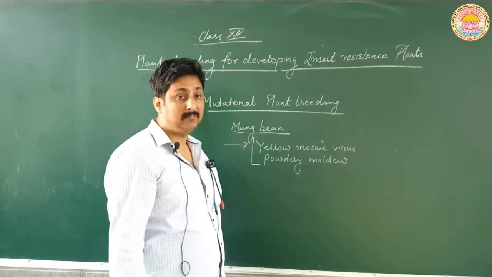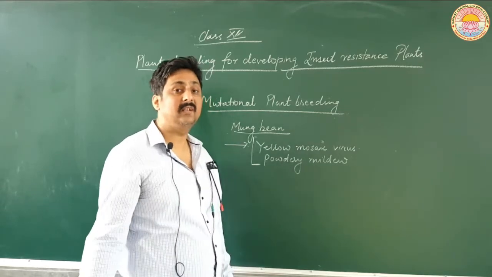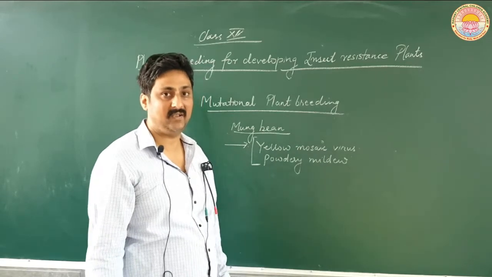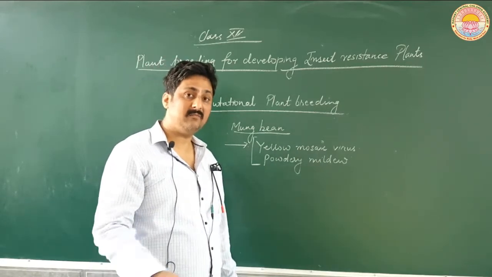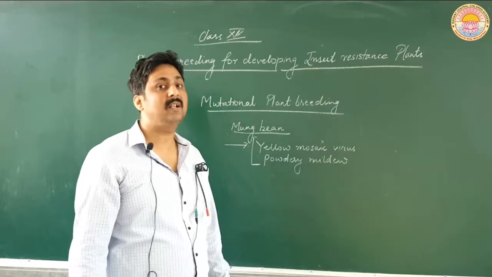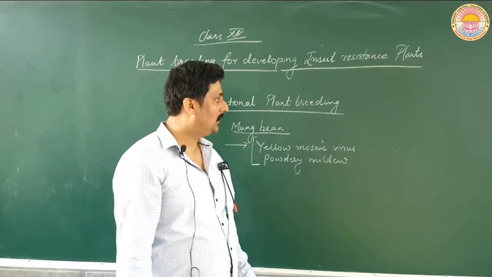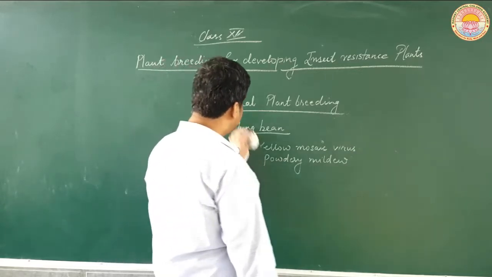Now this is an example when the plant has become resistant, so we can try this kind of plant breeding also, that is called mutational plant breeding. Now it should be done when we know that in the wild varieties only a limited number of disease resistant genes are present. Okay, now